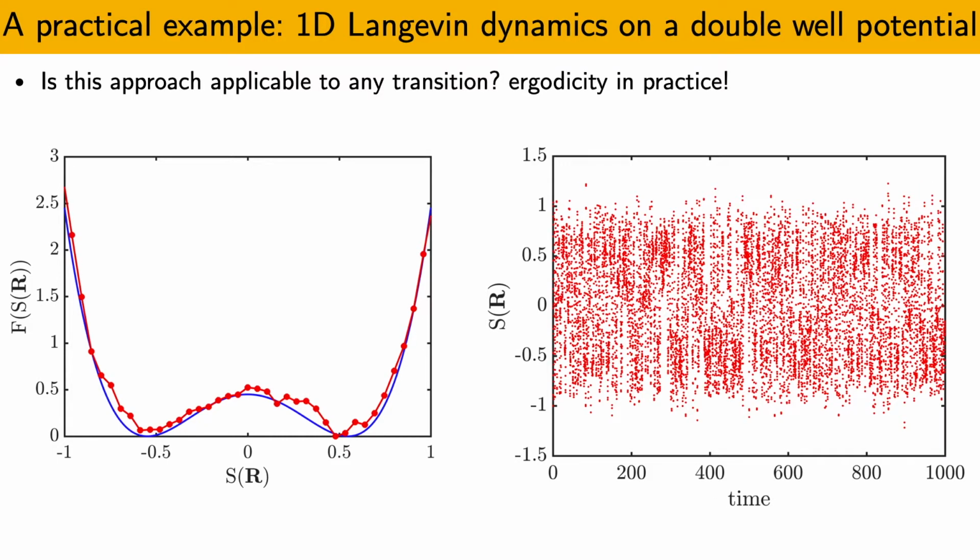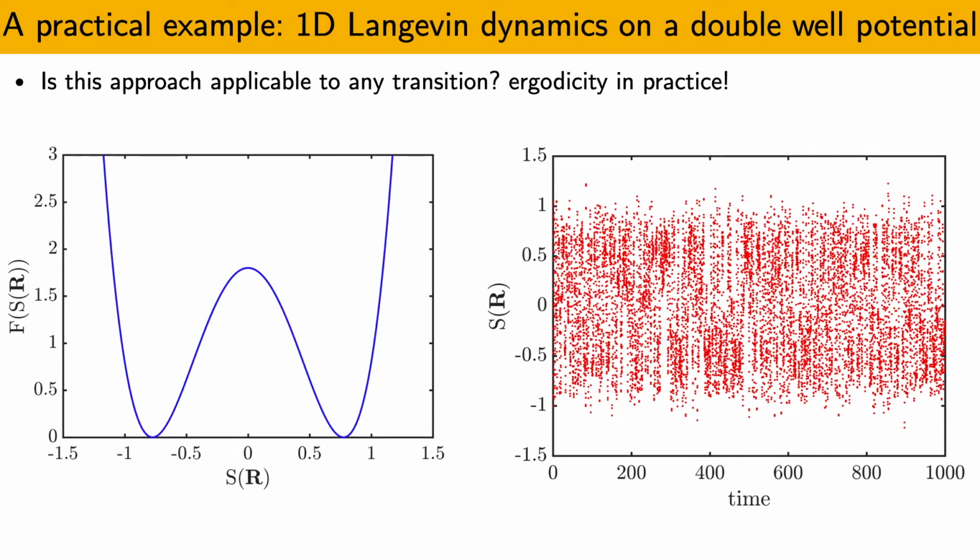So this was the system that we just analyzed, and the barrier was extremely low, and we sampled for 1,000 time steps. So let's see what happens if we increase the barrier between the two states, keeping the sampling time constant. If we move to a free energy surface that looks like this and that has a free energy barrier that is significantly larger,